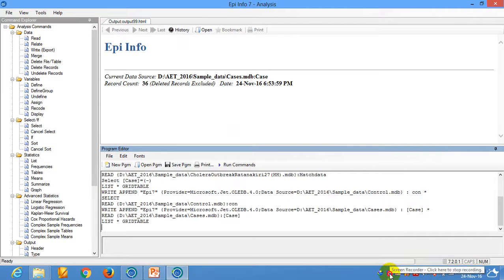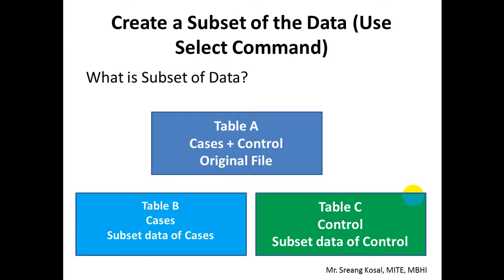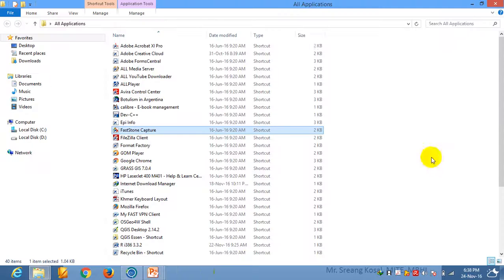Case, table case, is like a subset of the data that contains only case, and control is also a subset of the data that contains only control. So in the original file we have case and control, but if we want to know the subset of the data of the case, it means that all data is